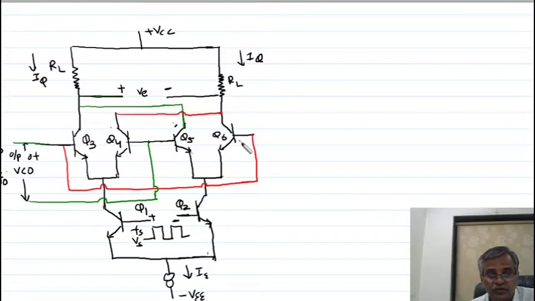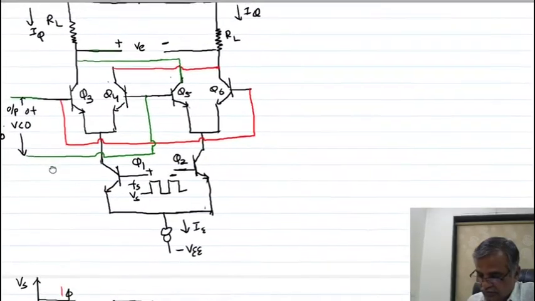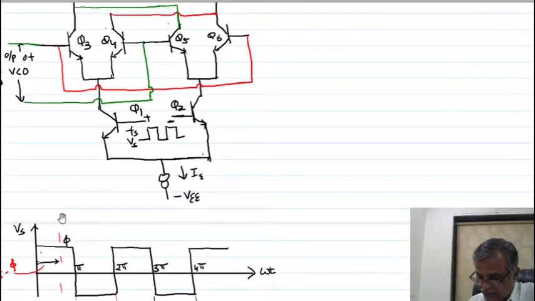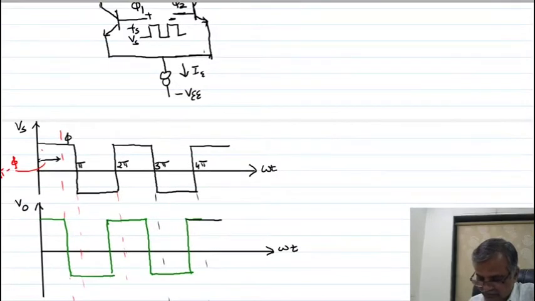Now I am showing you, yes, these two transistors work as a SPDT switch. It is assumed that the signal Vs and Vo are sufficiently high to make the transistors on or off. Now see the timing diagram of input and output waveform during the phase phi. I am showing you phase phi.